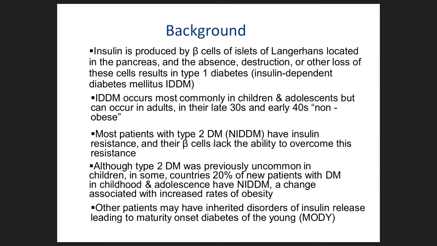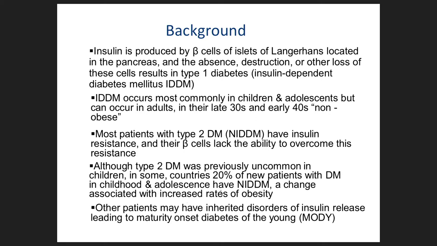Most patients with type 2 diabetes, non-insulin-dependent diabetes mellitus, have insulin resistance at the start of the disease. Type 2 diabetes is a progressive disease, starting with normal or high secretion of insulin and ending, many years later, with insulin deficiency. So at the beginning of type 2 diabetes, the patients, whether child or adult, have insulin resistance with acanthosis nigricans.